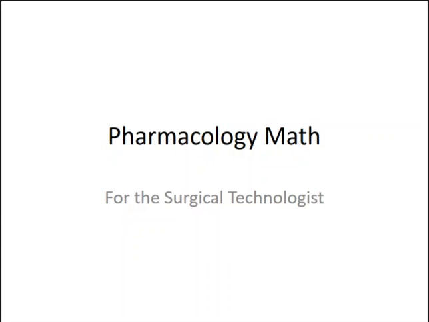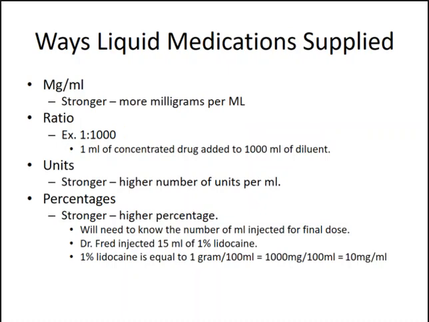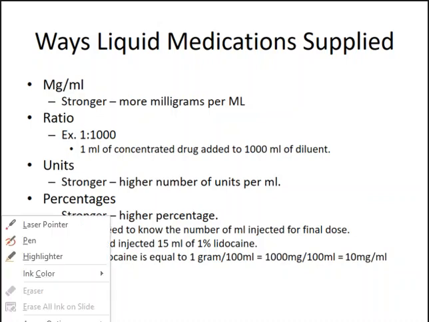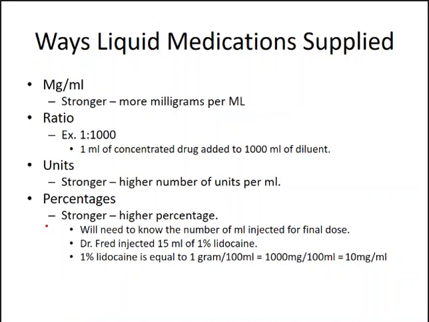I'd like to look at some pharmacology math and a little bit about the different ways that medications are supplied so that we can get a better understanding of how to calculate those, how to know when we've got more or less of something, and why it's important that we understand the different ways that medications are supplied. So this is an overview of those, and then we'll look at each one a little bit closer